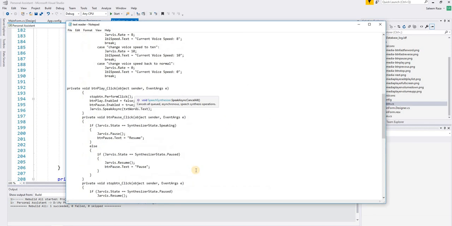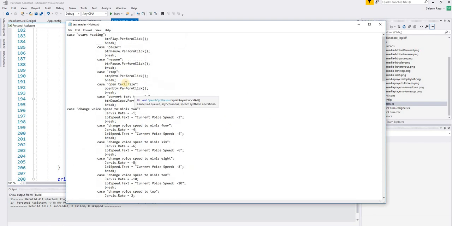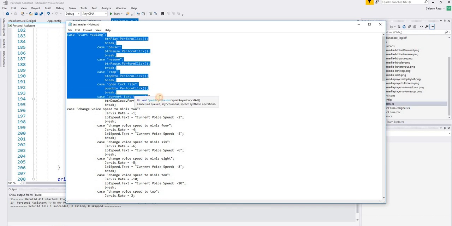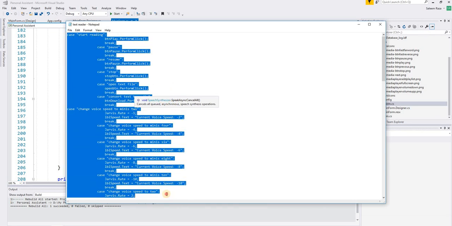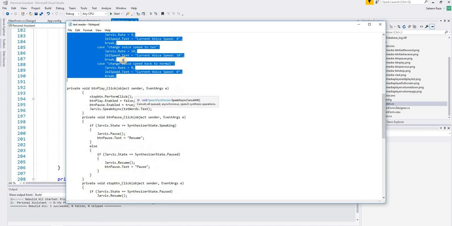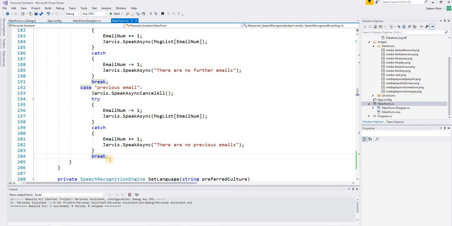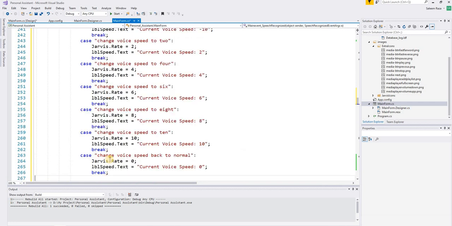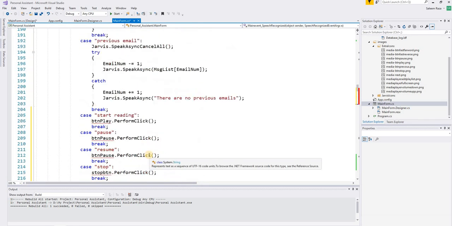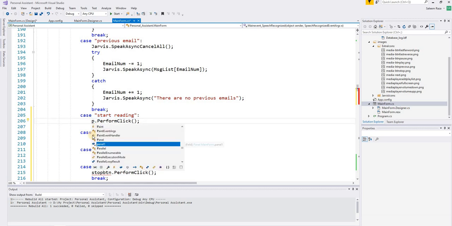For this we are going to add this one and also the rest of it, because we also want to change the speed value of our synthesizer. We are going to paste it here. Okay, now for start reading, we are going to pass our play button, our read button,